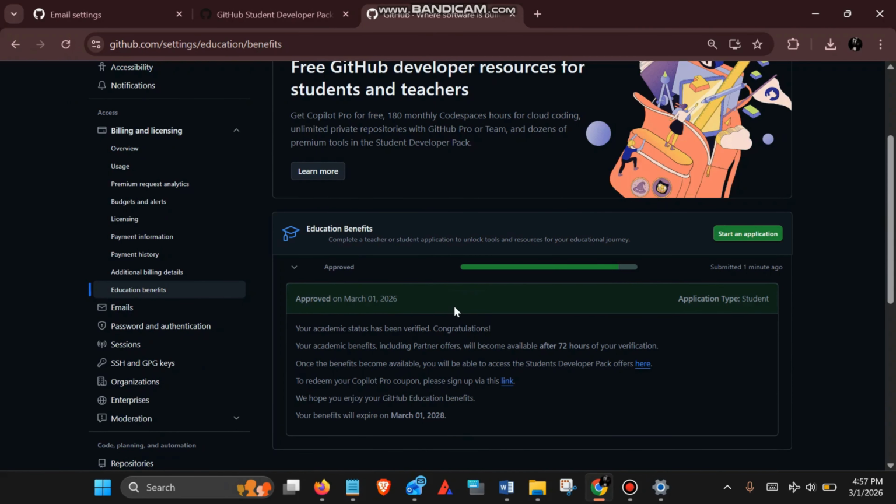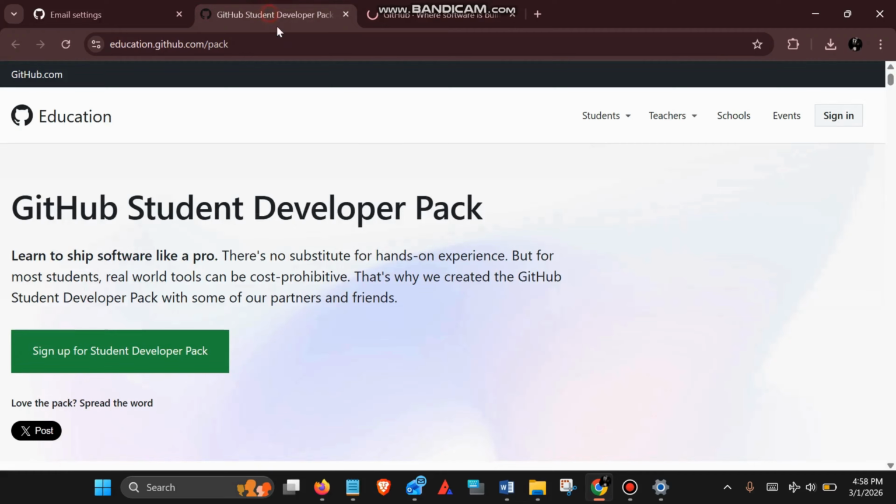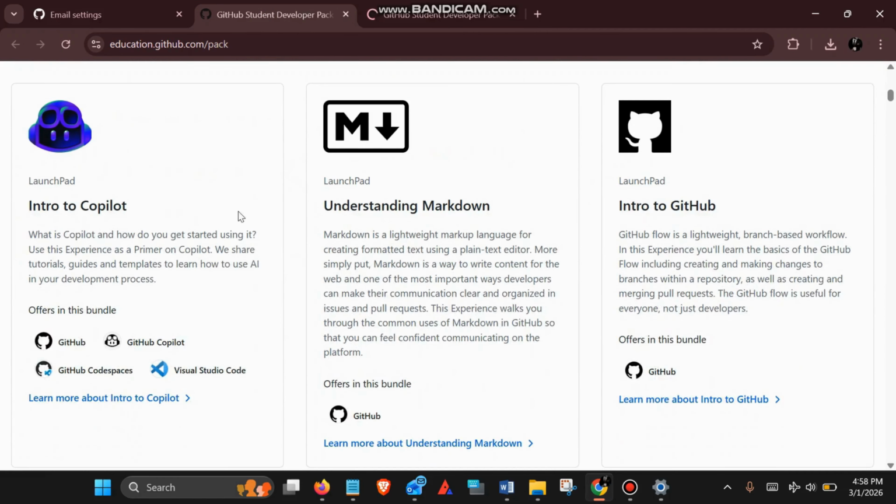So in just under 1 minute, our GitHub Education, our GitHub Student Developer Pack status has been verified, and you can see that it's approved on 1st March 2026. And it says that your academic status has been verified. Congratulations, your academic benefits, including partner offers, will be available after 72 hours of your verification. It means that once the benefits become available, you will be able to access the GitHub Student Developer Pack from here. So it will just redirect to this site, and we can avail all of this